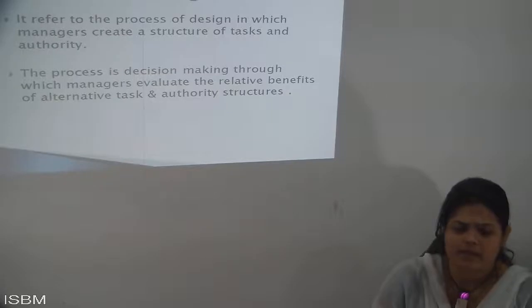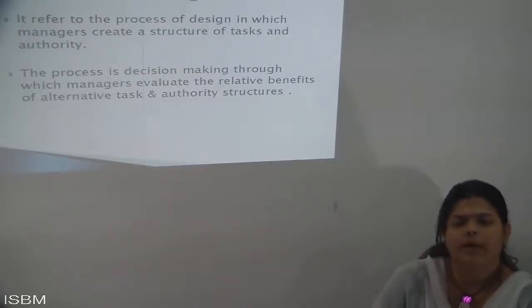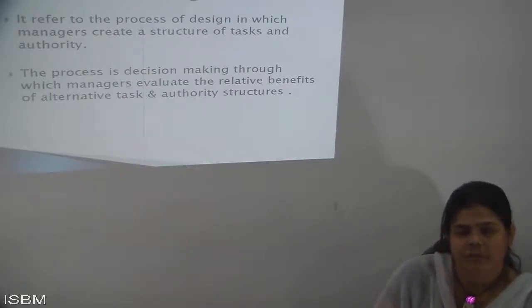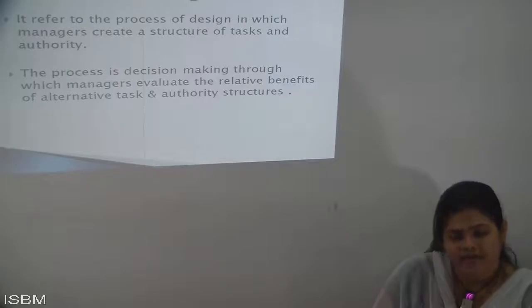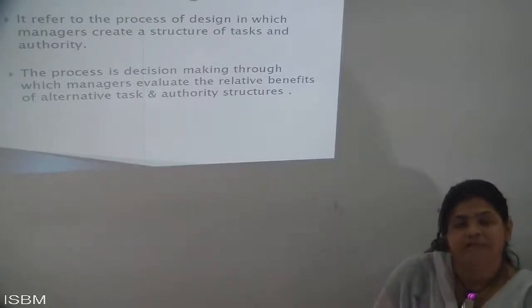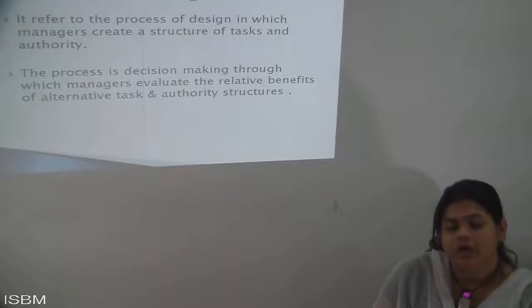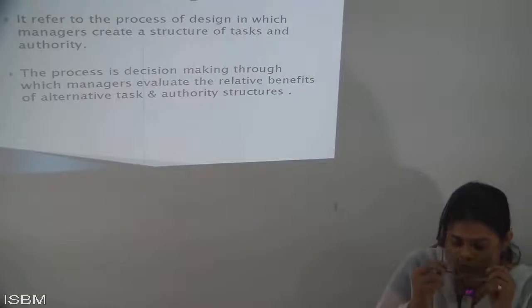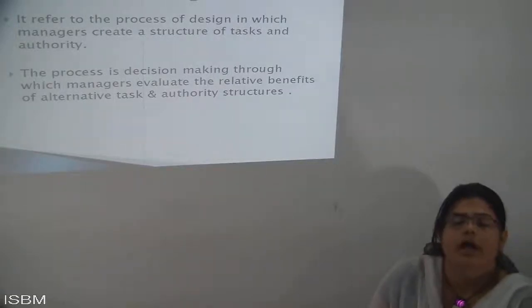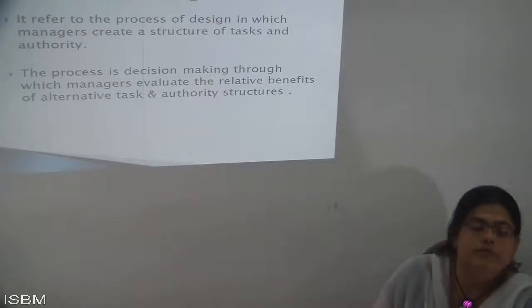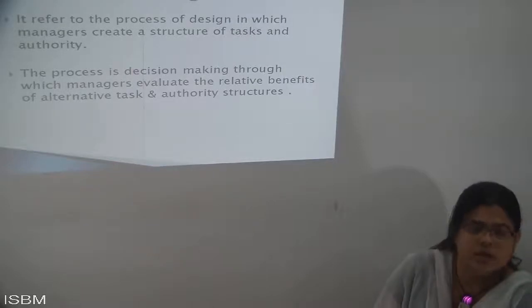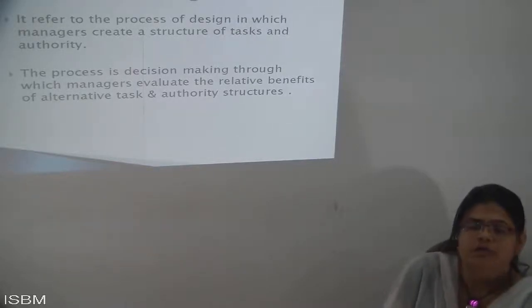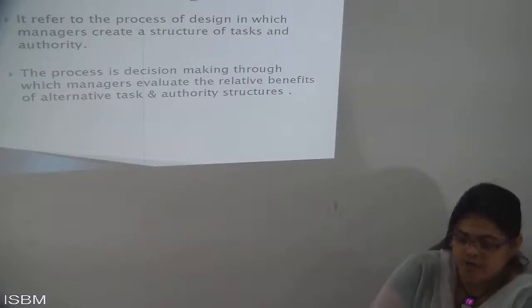So in simple terms I can explain this, that it's one type of organization. Now here it's one type of process of organization design, where you design the activities or work which has been allotted to the people. And when the work has been allotted to the people, it has been allotted with the help of a certain authority. Because if you're in the organization without authority, you can't complete any kind of work. So it is one type of authority which has been given.